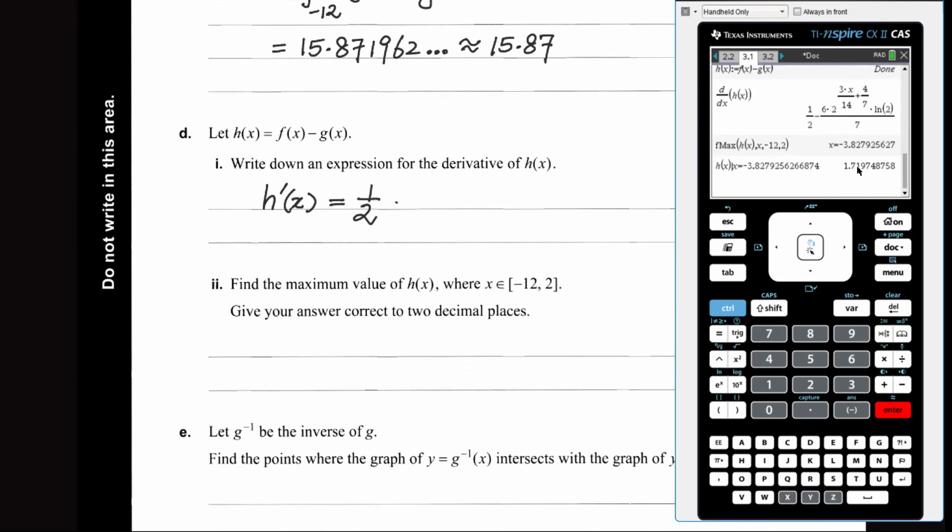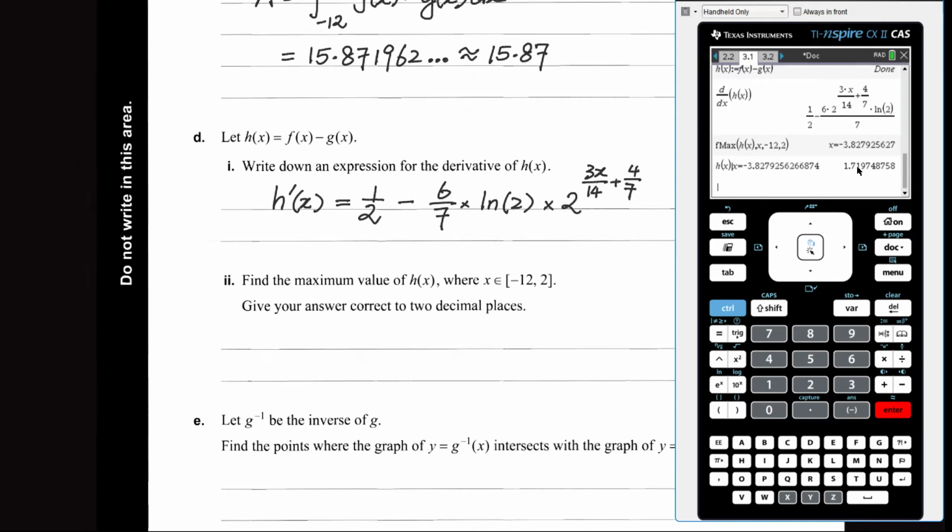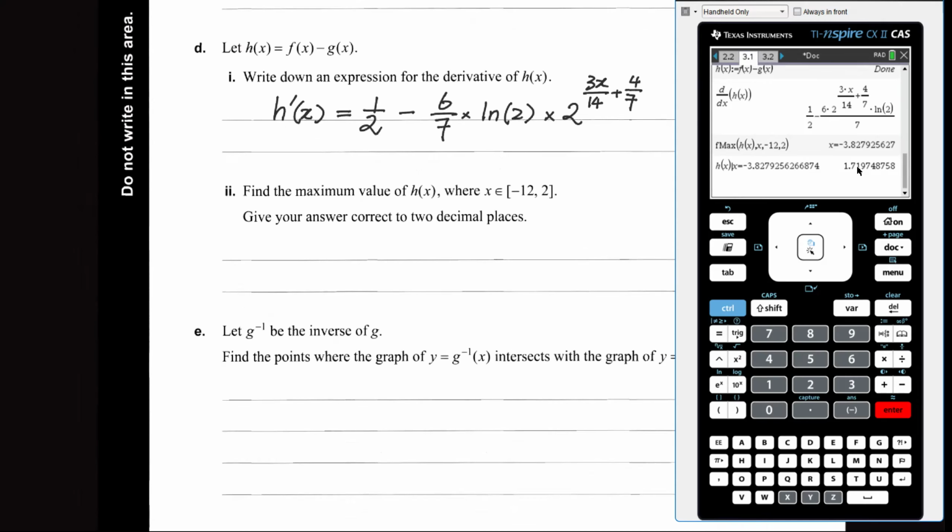You have a half subtracting 6/7 multiplied by 2. Actually, bear with me. I can write the natural log 2 first, and then I write the exponential term, 2 to the power 3x divided by 14 plus 4/7. I believe there are other equivalent forms, depending on the CAS calculator, but this is definitely correct, I suppose. And the maximum value,